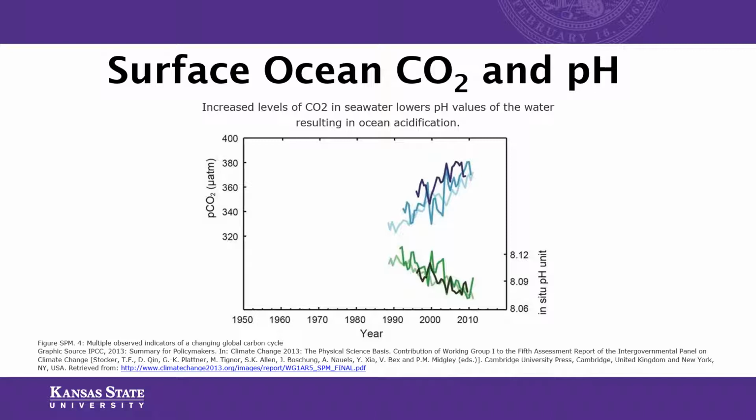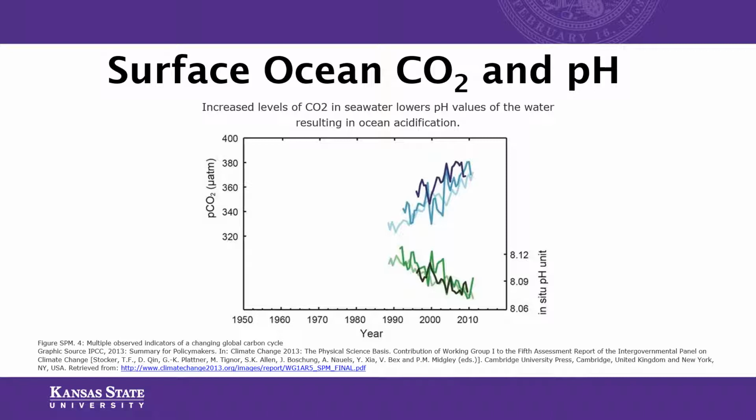Another way that we have to measure how much carbon dioxide we have within our ecosystem is through how much carbon dioxide there is in the ocean. So in conjunction with atmospheric carbon dioxide, our oceans hold a lot of carbon dioxide. And actually, 1/4 of all carbon dioxide emissions are absorbed by our oceans. So the more carbon dioxide we emit into the air, the more our oceans have to try to absorb.